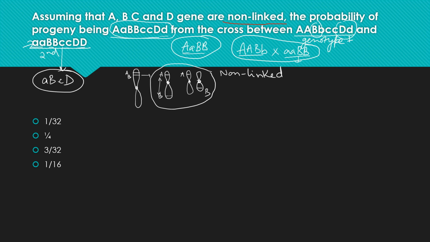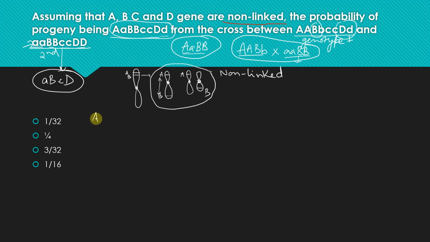So the first trick I'm going to tell you is how to find the number of gametes. The second trick is how you can find the particular allele combination of that gamete. Third, I'll tell you about the Punnett square. And fourth, I'm going to tell you the quick trick for finding the answer for this. So there will be four tricks in this video lecture. So let's do the first one first.